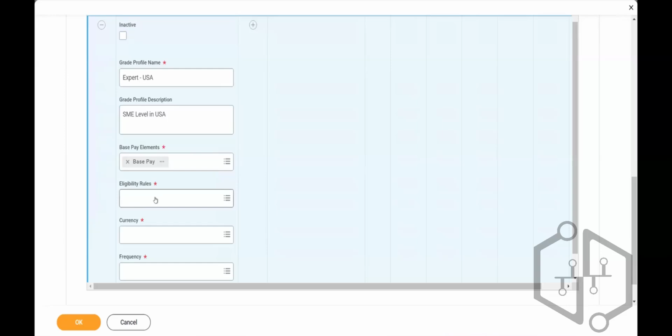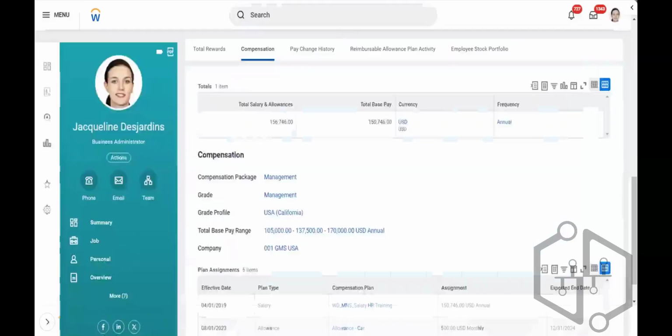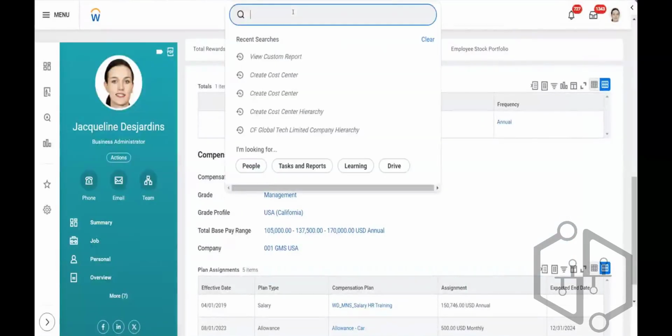So here we have eligibility rules. Here eligibility rules become important because I do not have workers who are in expert level, I do not know, but I have to define that this is eligible for only US people. So I have to use an eligibility rule wherein this triggers only for workers who are in United States. So for that, I have to create an eligibility rule. So the task is create